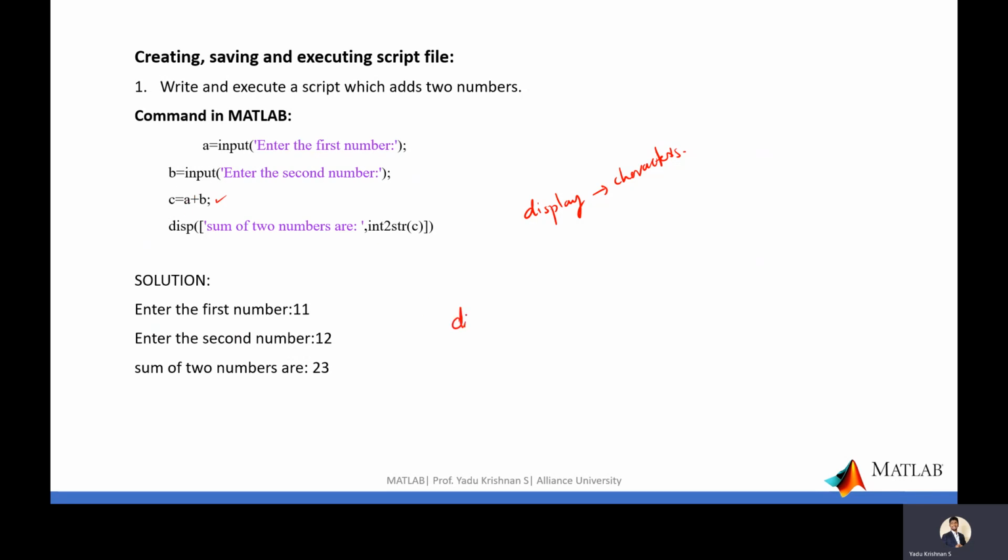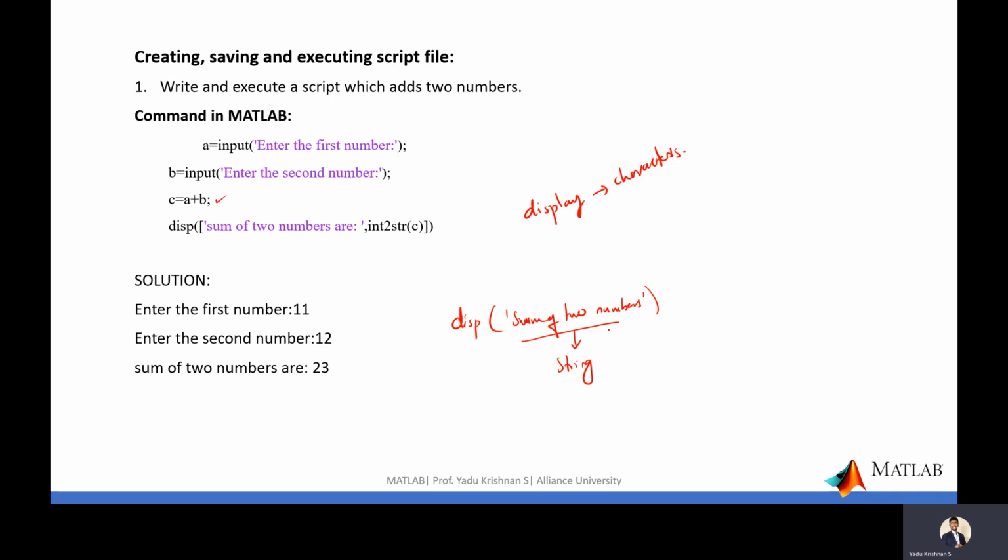We know that using disp, I can just write sum of two numbers. That is fine. But I need to show the answer also, right? Since this is a combination of characters, it is nothing but a string, and it will be displayed in the command window, whatever, sum of two numbers.